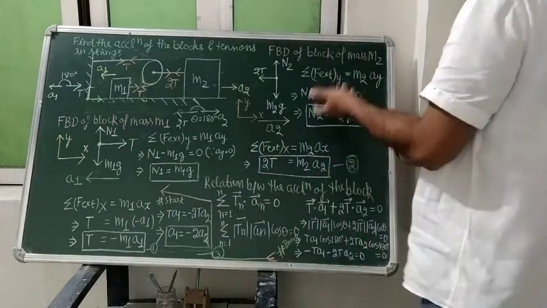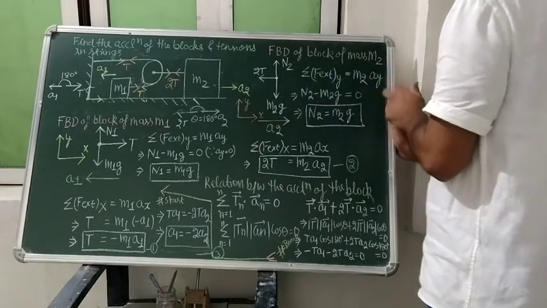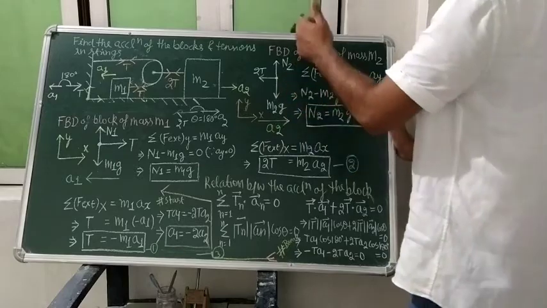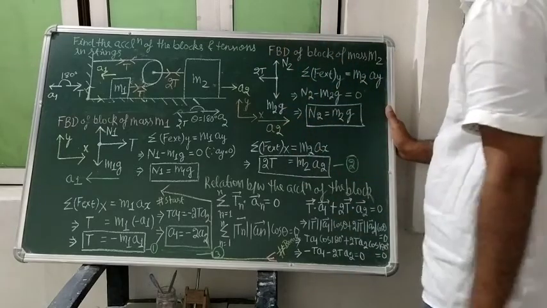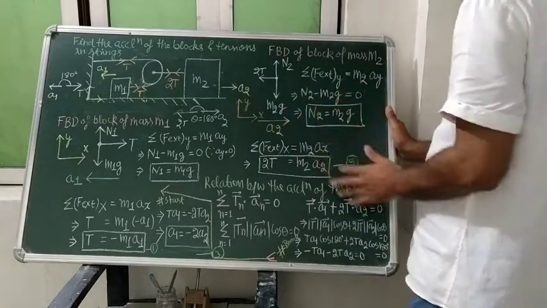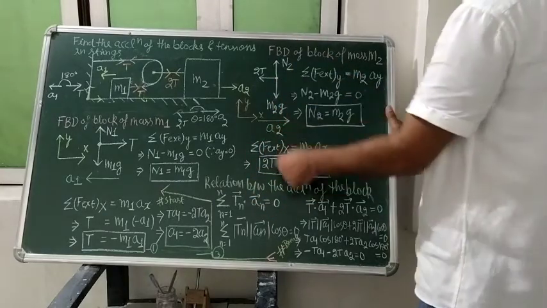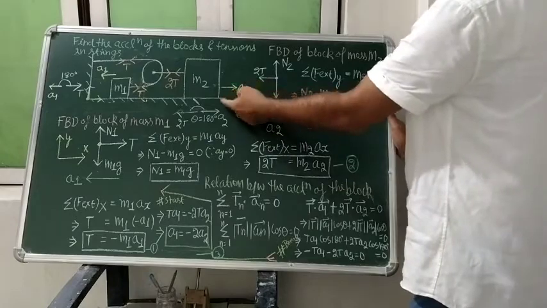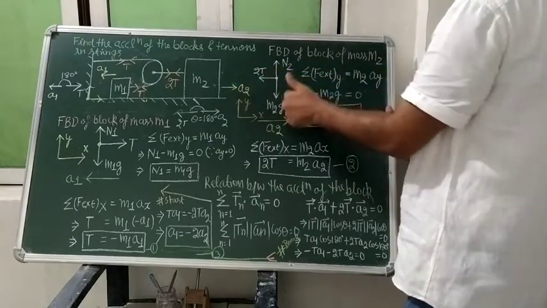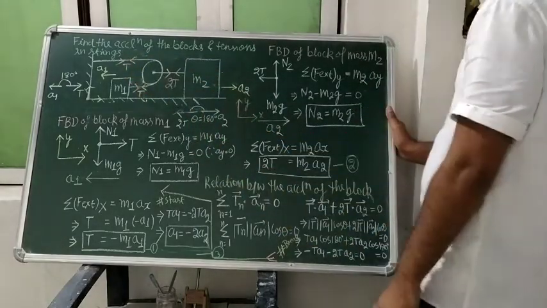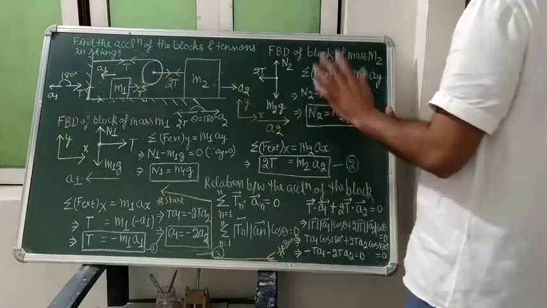Okay. In the same way, we draw the free body diagram of the mass M2. M2g is acting in this direction, N2 is acting in this direction, and twice T is in this direction. M2g is the force due to gravity, in the downward direction. Due to the contact present here, N2 will act, perpendicular to the surface, and this 2T is acting in this direction, of course. The acceleration we have assumed in this direction.